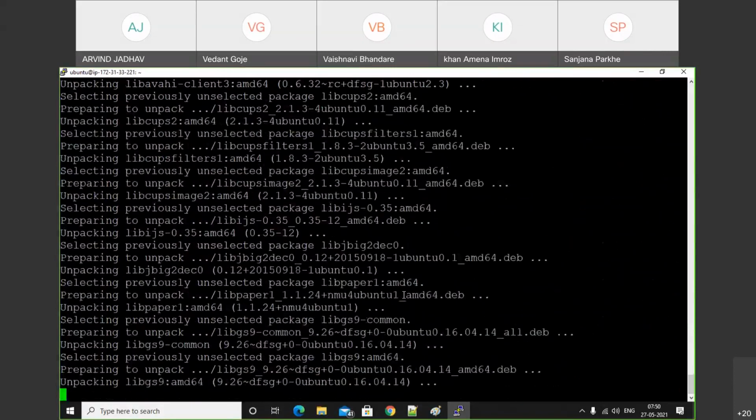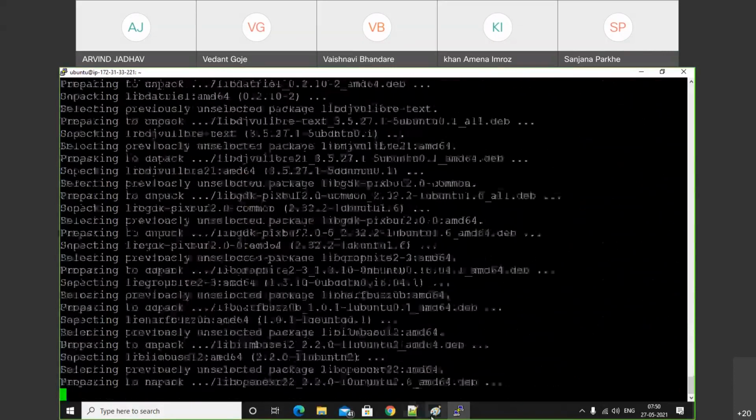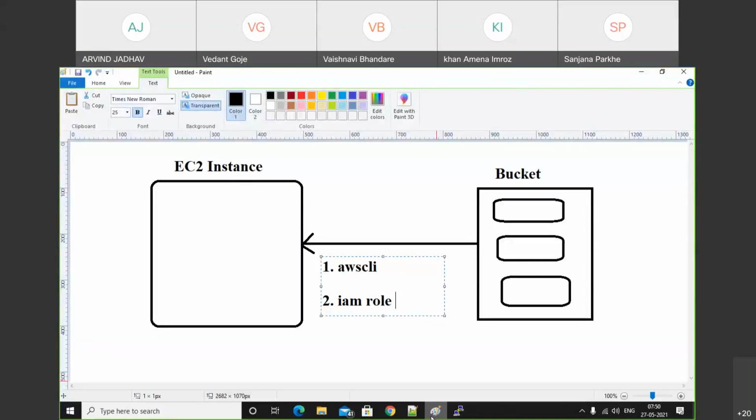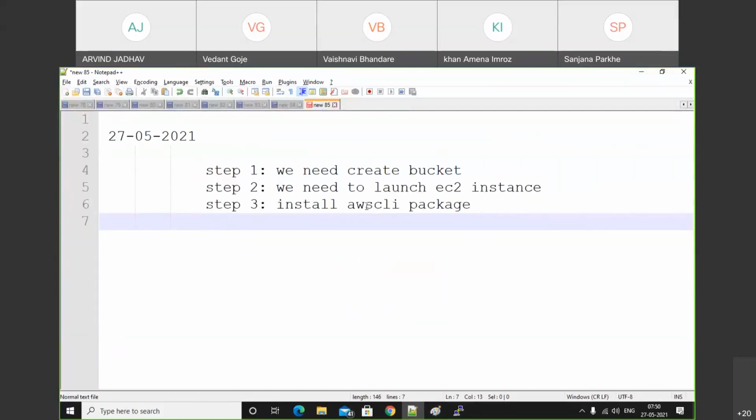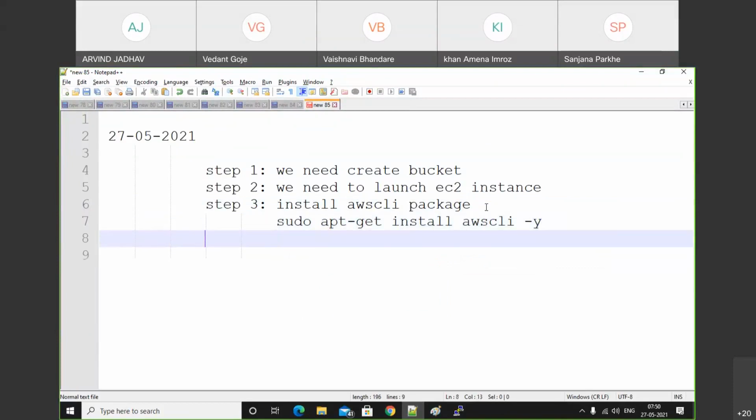The name of that package is AWS CLI. How will we do that? By using sudo apt-get install, with -y, which stands for yes, I want to install that package. And that's your step 3.